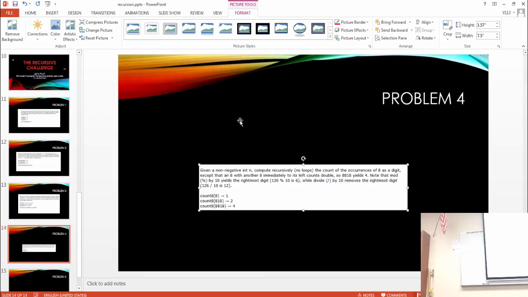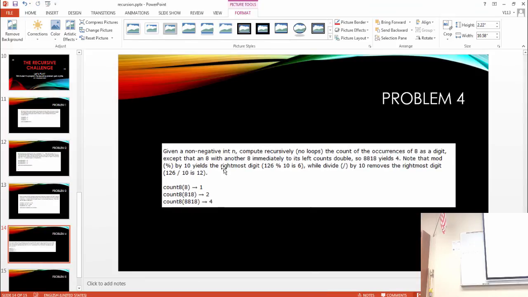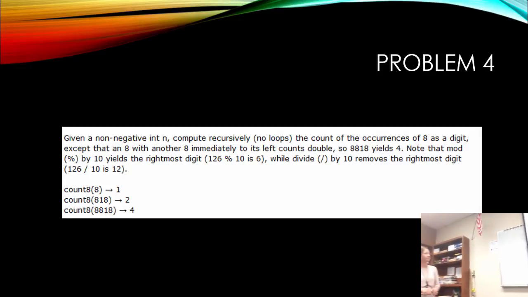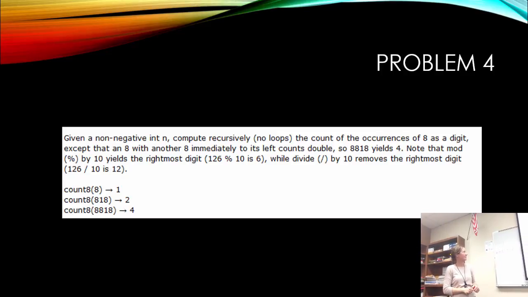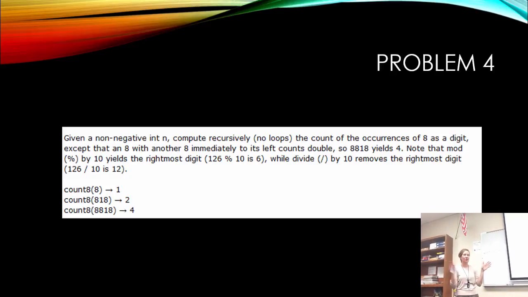And we figured out how to do our mod operator. We'll try out this guy. Given a non-negative int n, compute recursively, no loops. Remember that we can do this with loops. And to tell you the truth, loops work more efficiently than recursion, always.